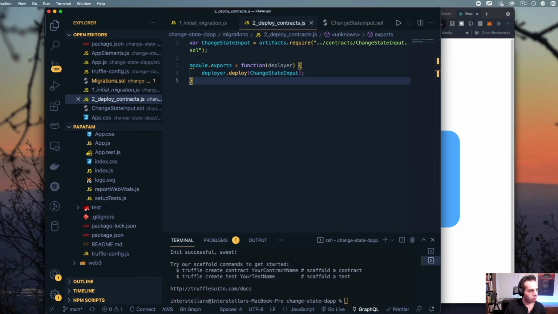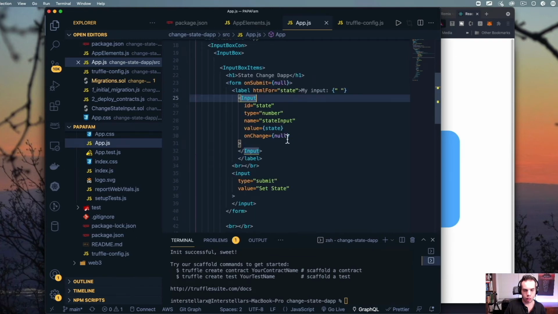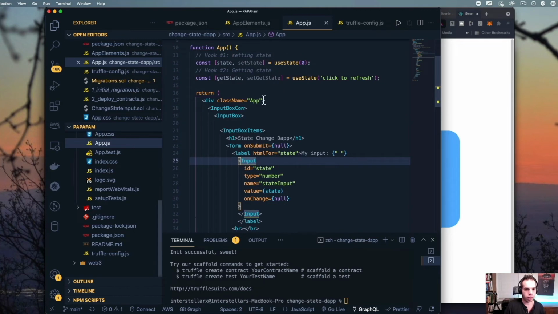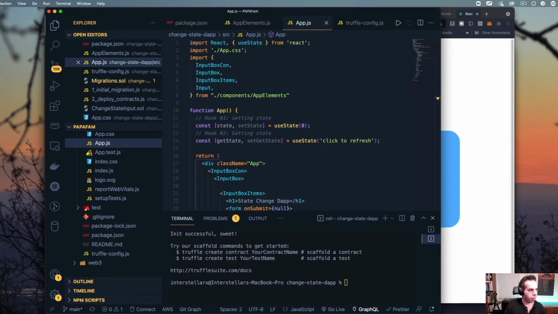So now something that we're going to want to do is go back to our app.js, and work a little bit more on some of these functions. If you remember from before, we put nulls here because these are going to be on-click functions, but we haven't really done anything yet. So specifically, we're going to be connecting to our Web3 instance. It's kind of in the same way that you'd be declaring something on an API.